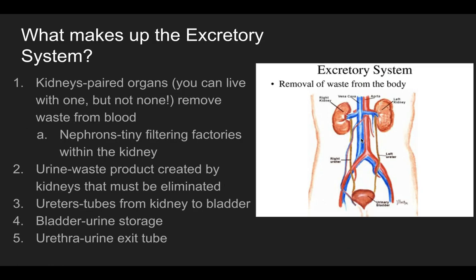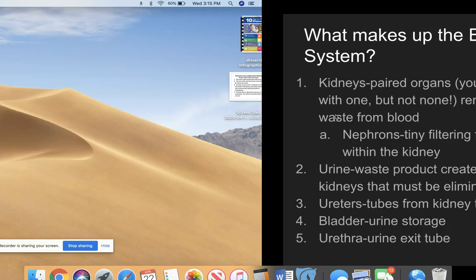All right, so in addition to the lungs, we have other organs of the excretory system. The lungs are technically part of the respiratory and excretory system. The kidneys are pretty darned important too. You actually have two kidneys. You can live with just one, but you can't live with none. It's one of those organs that if